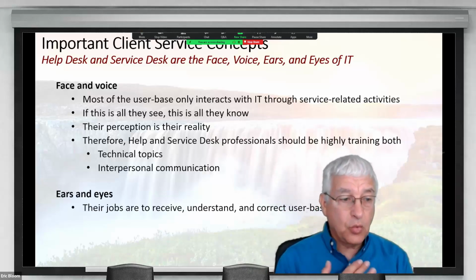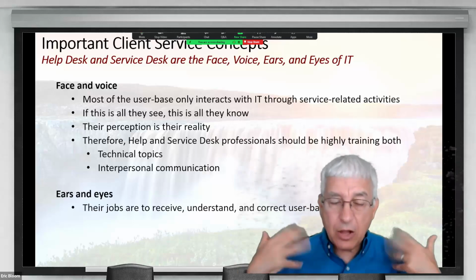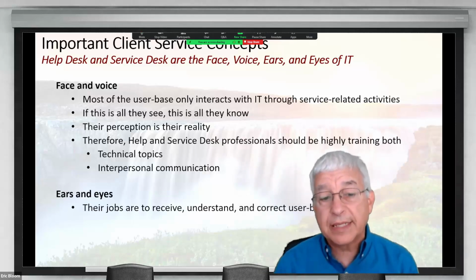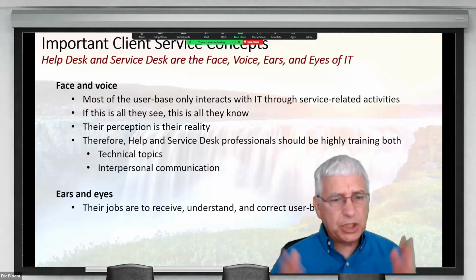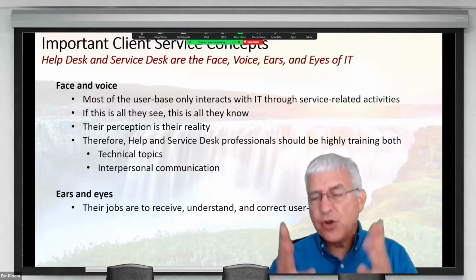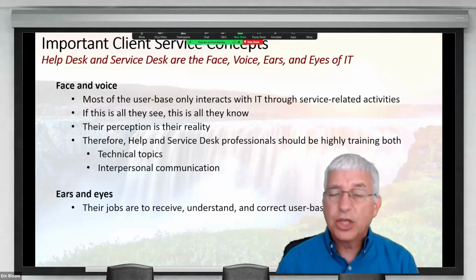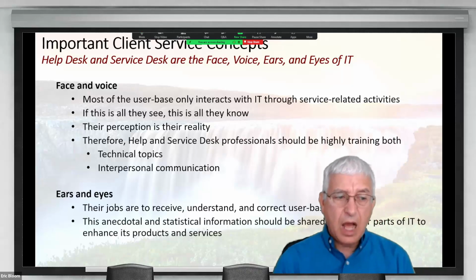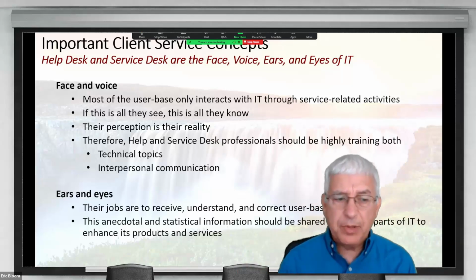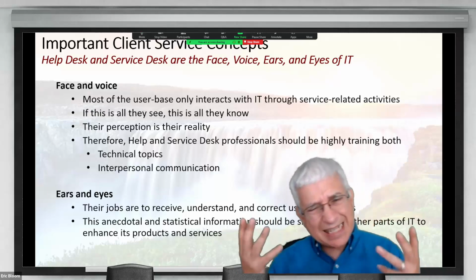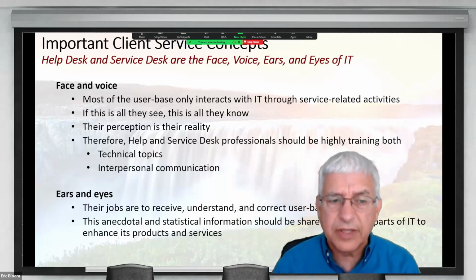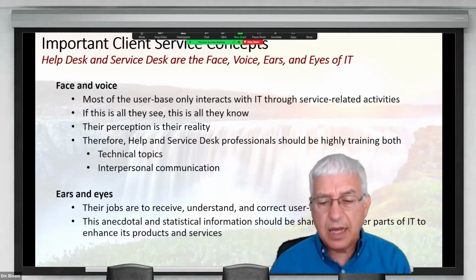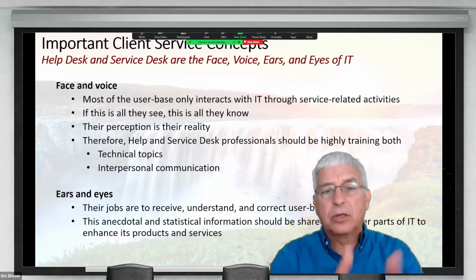They're calling for their job. The help desk people's job is to receive, understand, and correct issues that the user base has. But those issues could also be, gee, you rolled out this new piece of software. I have no idea what I'm supposed to do on this screen. What do we do? So as a result, the information that help desk people get, both anecdotally, just by saying, hey, it seems I'm getting a lot of questions on the new rollout of this application, or gee, it seems that every 5 minutes people are calling about a password reset on this particular application,